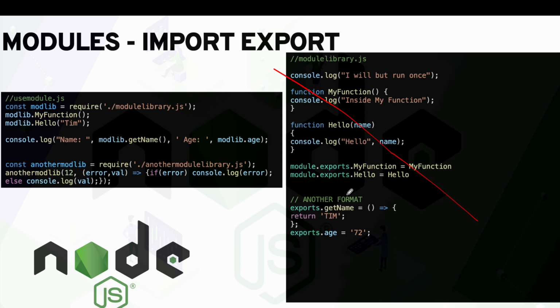We'll see that. The other way we can export is by directly writing exports, and then we are using the arrow format here, and then we are able to do the export for a variable also. And then in the import, how we are using it. In the import, what we do here is we have to say require. So require is what is importing this file. And then this object